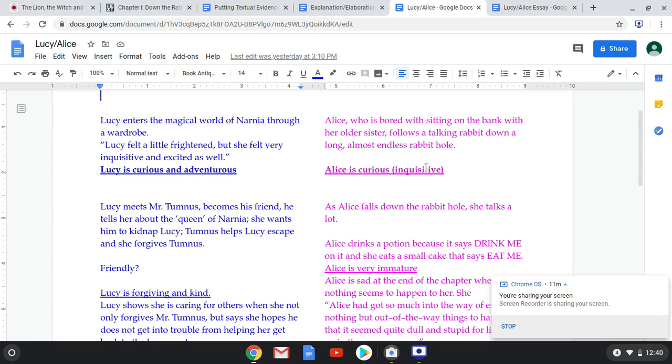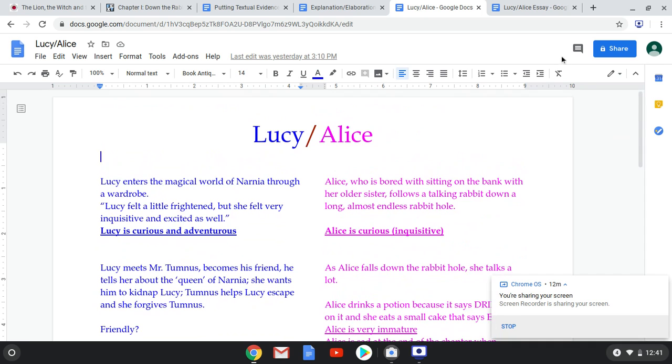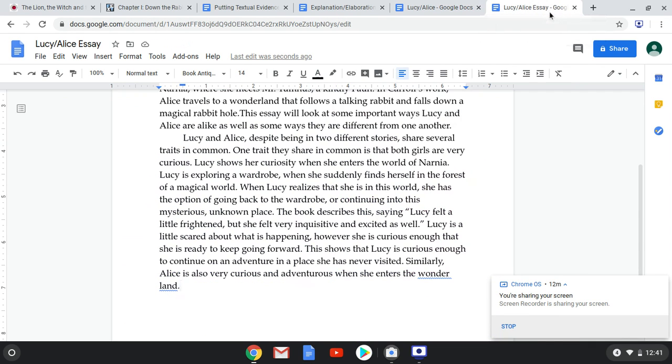So we said that she was curious. Okay. Alice is very curious and adventurous when she enters the Wonderland. Alice's curiosity about the talking rabbit is what leads her to the rabbit hole in the first place. She shows her adventurous side